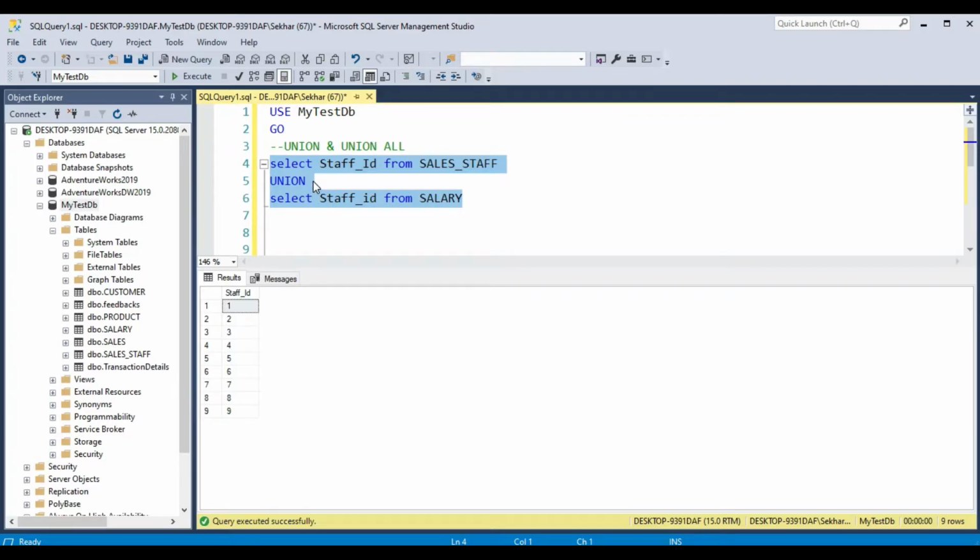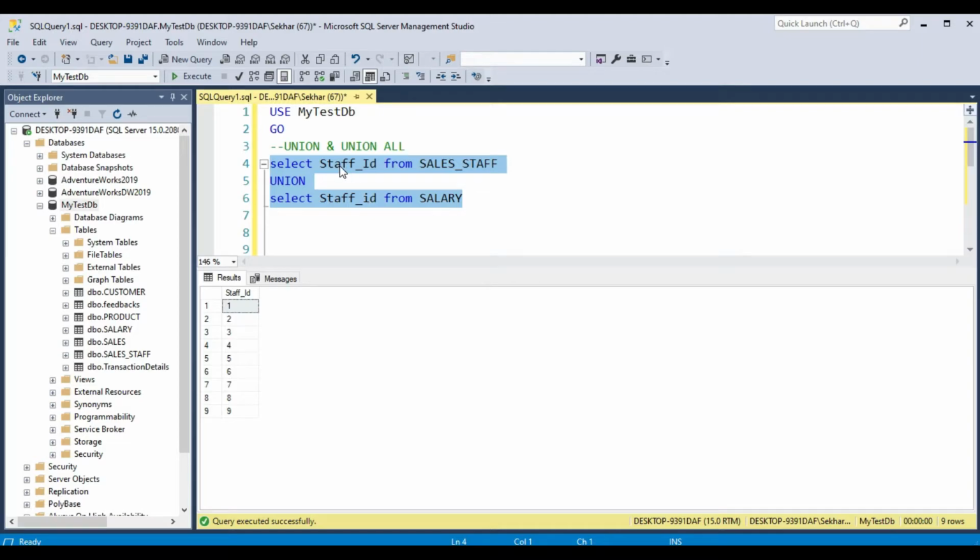Union removes the duplicates if there are any duplicate values, and it gives you only the unique values. For union you have to keep in mind that all the select statements must have the same number of columns.